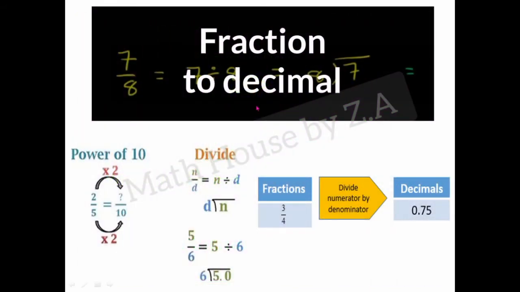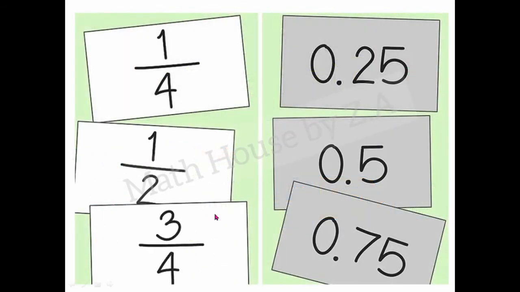To learn how to convert fractions into decimals, we can convert in two ways. One is by changing the denominator to powers of 10, and the other one is the simple division method. Here n over d is a fractional form, so n upon d means n divided by d, n for numerator and d for denominator. When you have a fraction, you can convert it into a decimal very easily by dividing the numerator by the denominator. So let's have a look at some examples.